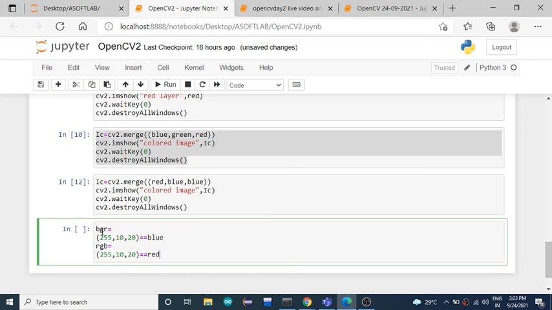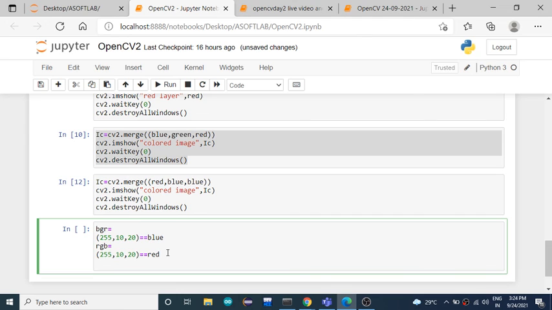So if it is in this order, then the pixel color will be this. If a pixel is in the RGB format, then the final pixel will be in this order, this color. If I do this task, red, blue, blue, then what happens is the red channel will be 255, blue value will be 10, and again 10.